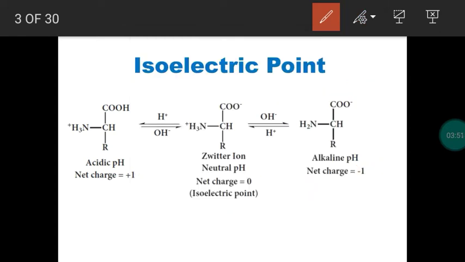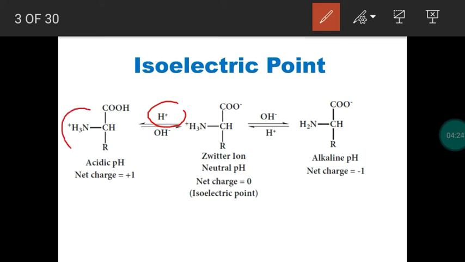Instead of that, if the pH is lower than the isoelectric point, that means the pH value decreases. From 7 onwards, the pH value decreases: 6, 5, 4, 3, 2, 1. So it indicates the solution is becoming acidic in nature. Right? So the pH value is lower than the isoelectric point for the amino acid. So in an acidic solution